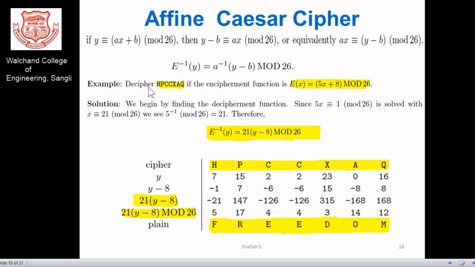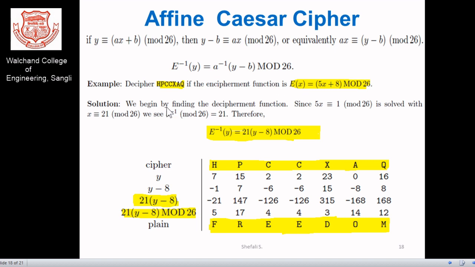If we are having the decryption or deciphering of some string, and some function is given to you for the deciphering purpose, that function is given as the encryption function for you. So f(x) = 5x + 8 mod 26 is the encryption function for the plain text x.